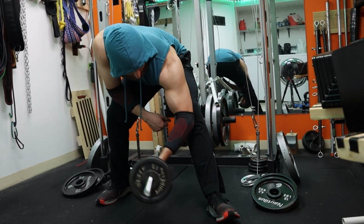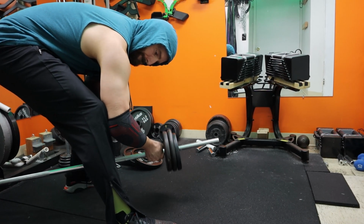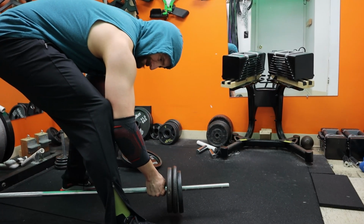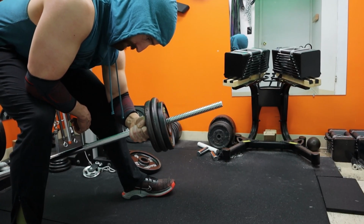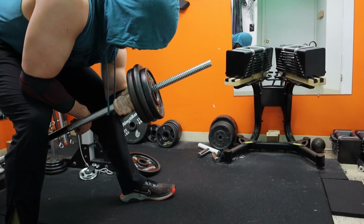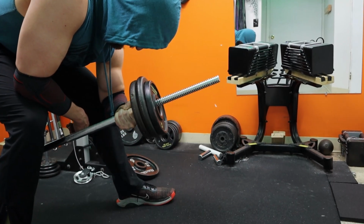I'm doing this in a variation of a concentration curl, and you're going to know immediately that this feels very different than using cables or normal dumbbells. With you using a landmine, you are in a fixed position as far as your hand being able to move up and down. And it really helps you focus in on just bringing your hand up and getting a really good squeeze in your bicep. It feels a lot different on the joints too. So if you're doing any type of curls that just don't agree with your elbows that day, these are a great alternative to try it out to feel an effective exercise and give your elbows a break